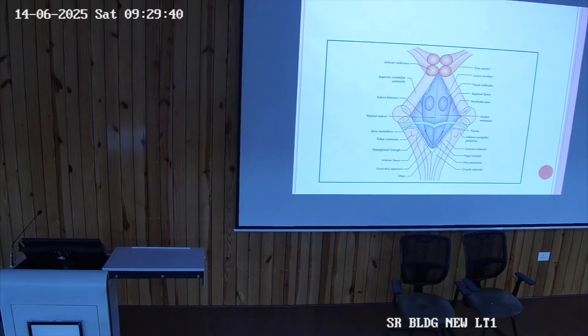Then what will be visible in this medullary portion? There will be two triangles divided by this sulcus limitans. The upper triangle is the hypoglossal triangle and the lower triangle is the vagal triangle. The hypoglossal nerve nucleus, if you remember, is in the medulla, and it is for the 12th cranial nerve, the hypoglossal nerve. Then this one is the vagal triangle, also visible over here.